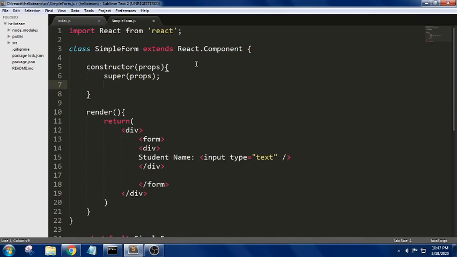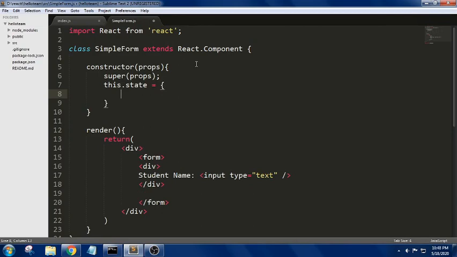For this, in this constructor we will be adding a new state property, that is name. So let us create a state object and add a property to it. As we have already discussed about the state, now we are trying to create a state object and specify an ID as name, and initialize it as an empty string. Now we have created a state property for this input element.